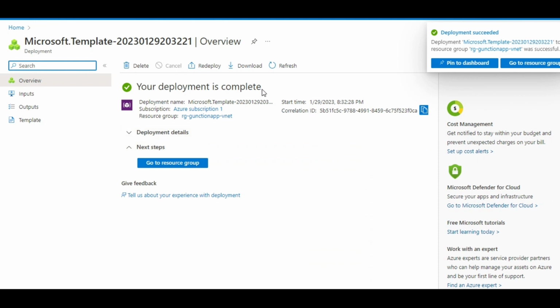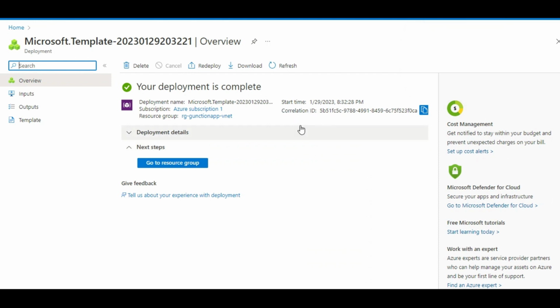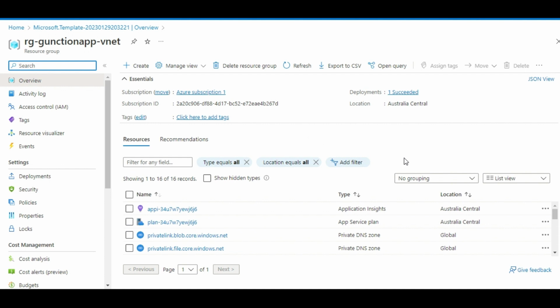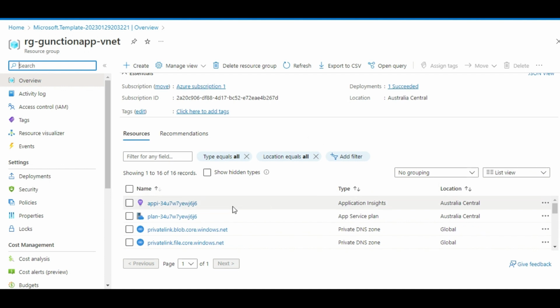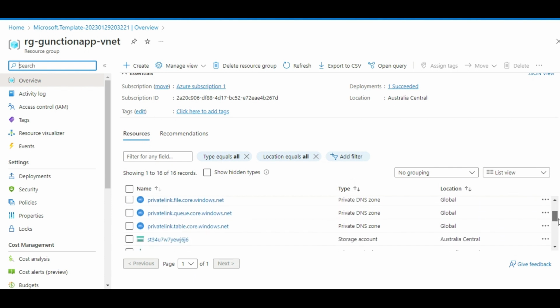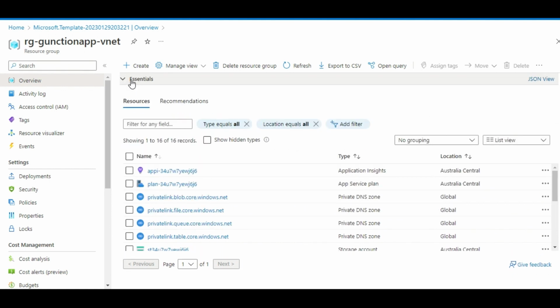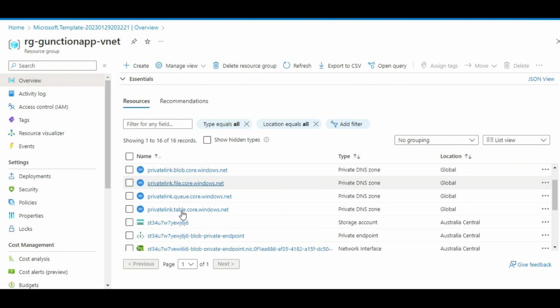All right, so our deployment has been completed now. Now let's go to the resource group and see the resources which have been created. So this is our resource group which we created as part of that. And you can see the resources are created here. If you go into each resource, let me close this so we'll get more space to see the resources. You can see an application insight, an app service plan, and a couple of private links